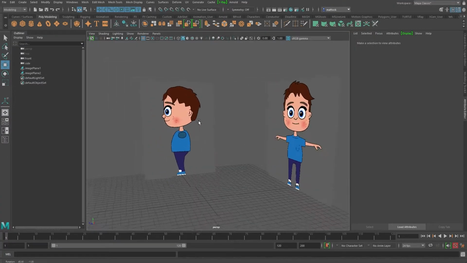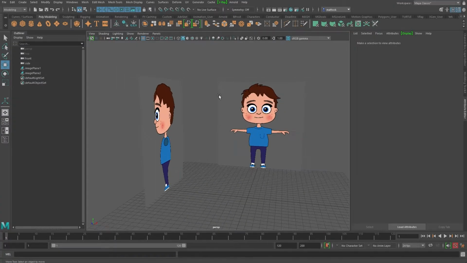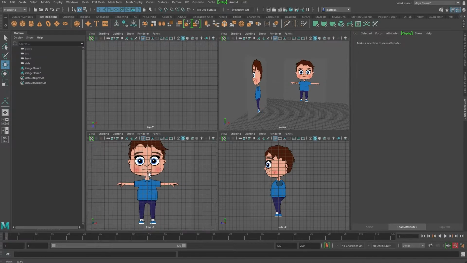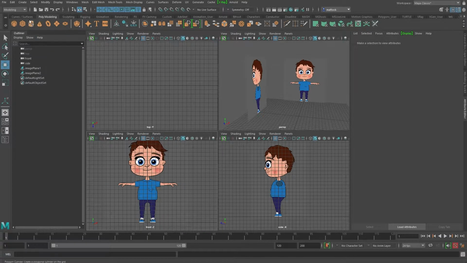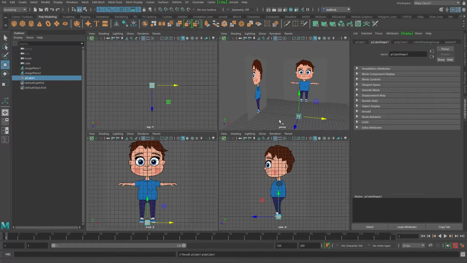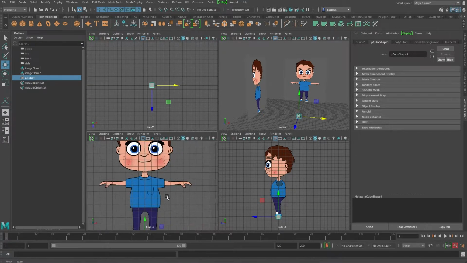So let's get cracking, and let's start off with a box model, obviously with a box. Now make sure you go up to your modeling menu, your drop down menu here, and you're under modeling, and in your shelf you've got poly modeling viewed, because this will give you all the tools that we're going to use. So just click on the cube and you'll see a cube appear. Here it is in the front view.